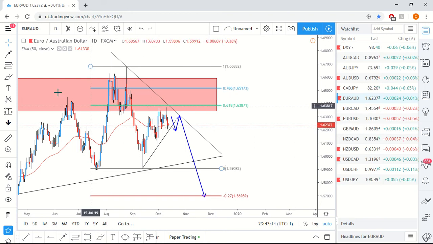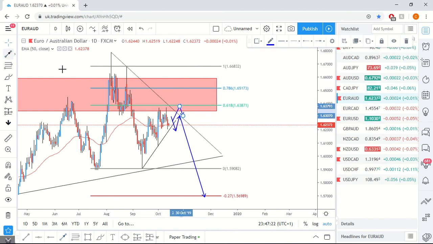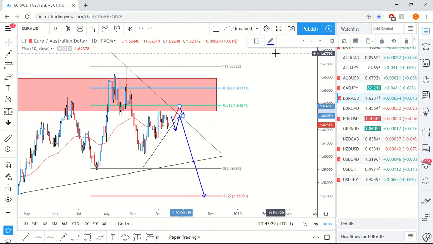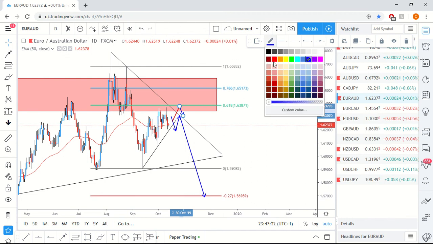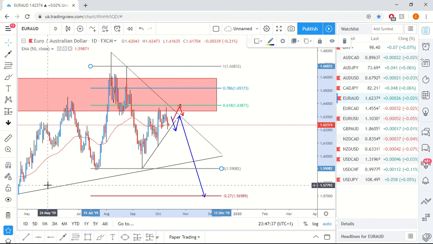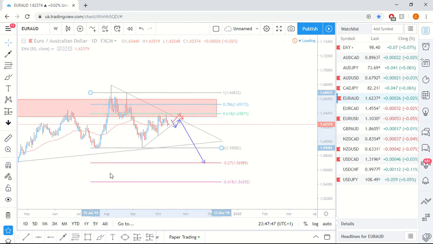But of course, what we could actually see is a breakout of this trend line, and then we could see a massive move to the upside. If we do get a clean break of the trend line here, or this wedge formation, of course, with a wedge formation, it could go either way, so we do have to be careful. However, we do have this downwards trend line, which has been slightly longer. Sometimes this can mean that it's more likely to follow the trend from here. And obviously, if we do catch a move higher, we could see a massive potential to the upside.